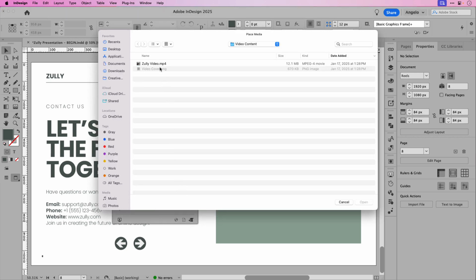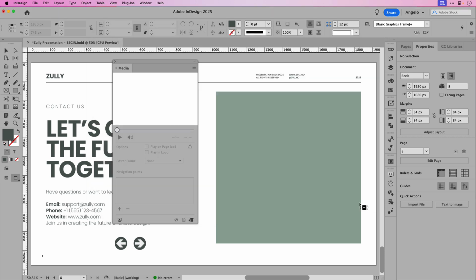Locate the MP4 file that's included in the exercise files. It's called zullyvideo.mp4 and click Open. You can see it's in my loaded cursor here. If you click and just drop it in, it might come in very large and you'll have to scale it down. That's why it's a good rule of thumb to create a placeholder shape. So you could just click in the upper left hand corner and follow along with that shape, and then simply